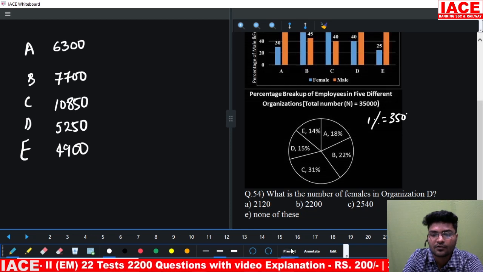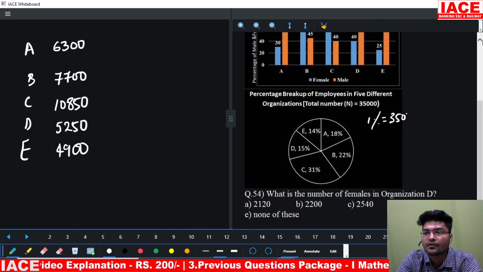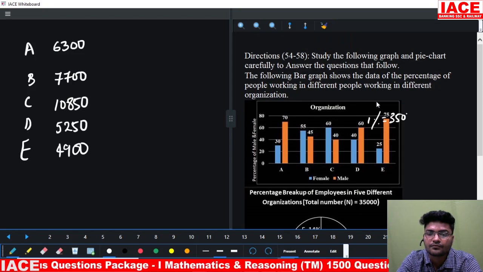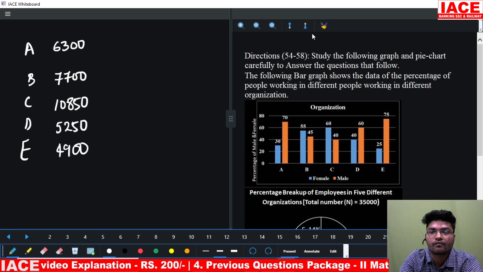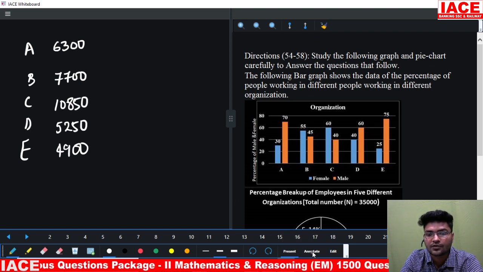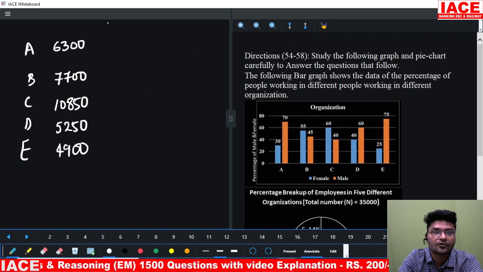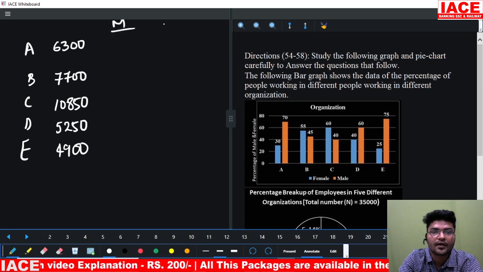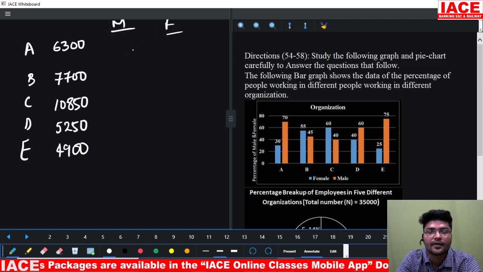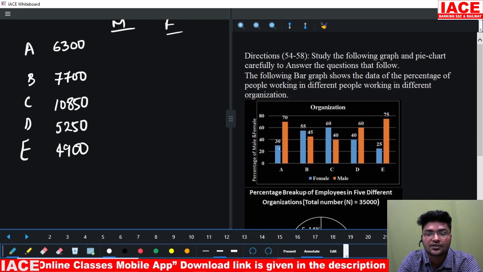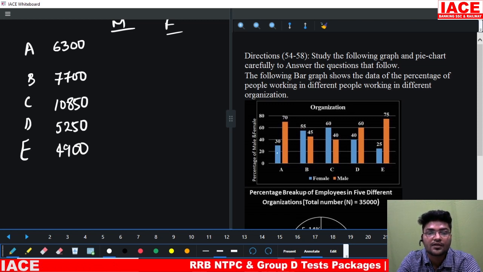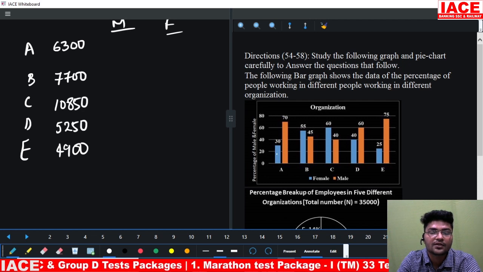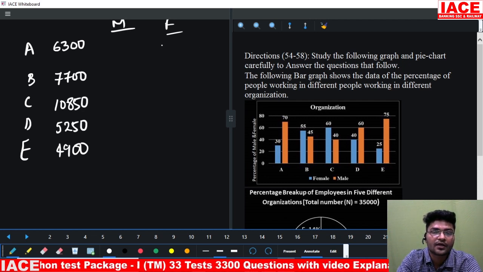Next, we'll find out about males and females also. Once we find it out, all the questions will be easier for us. So we want to find out males and females. But the question is giving us females and males, so we should be careful while finding it out. First is not always males. Okay. So females are 30 percent. 30 percent means how much? 1890.